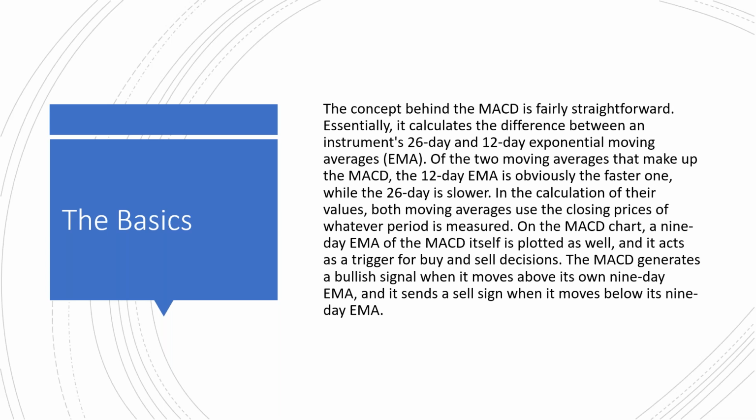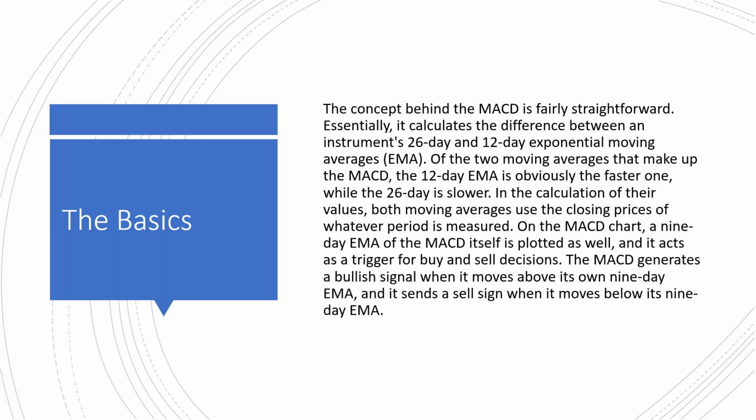So which would be the faster and the slower? Okay. Not just for MACD, this is in any type of moving averages. If you're using moving average crossovers, you're using multiple moving averages. The faster moving average is always the shorter period, because the shorter the period, the faster it reacts to changes in the most current prices. A 30 period would react slower because you're using the current price plus back 30. If you're using a 10 period, the current price plus the last 9 periods, so it would react faster. So always the smaller number is considered the faster, and the longer number is considered the slower.